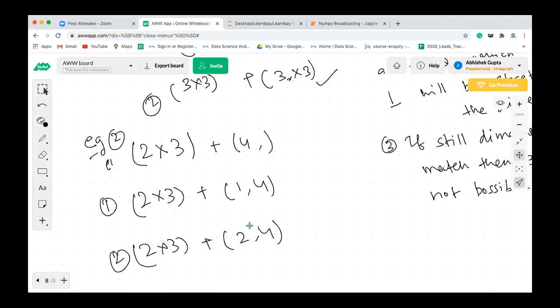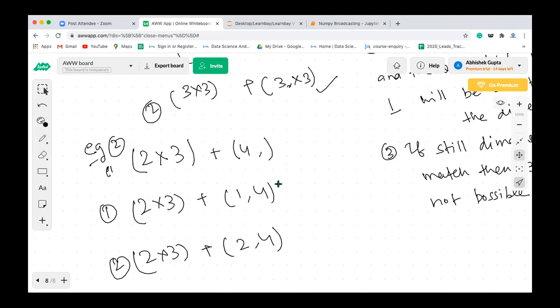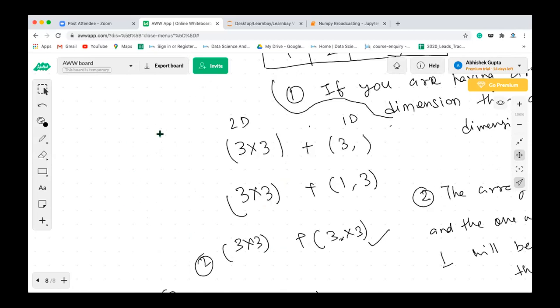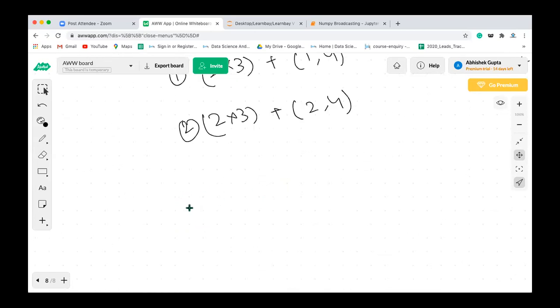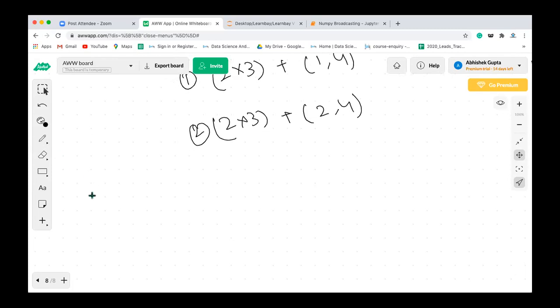Fine. Now we took one example in the beginning here, 1 cross 3 and 1 cross 2, right? So let's come here, example 3. We have 3 comma and let's say plus or multiplication 2 comma.